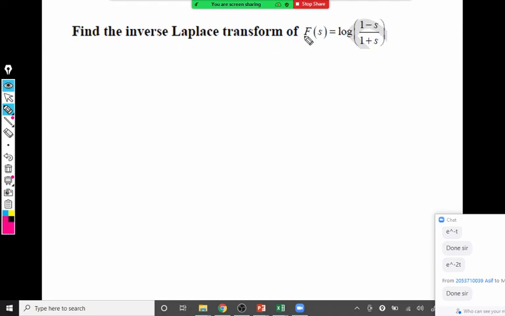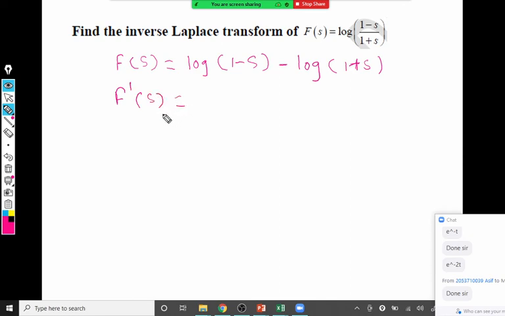So already we are given f of s. F of s is log of (1 minus s) upon (1 plus s). As log appeared, we use a derivative property. What is f dash s now? Yes, anyone? Or first of all, f of s in simplified form: log of (1 minus s) minus log of (1 plus s). Always use this property so that the derivative becomes simple. Otherwise, your derivatives will be complicated, then you have to use partial fractions, and that becomes complicated there.